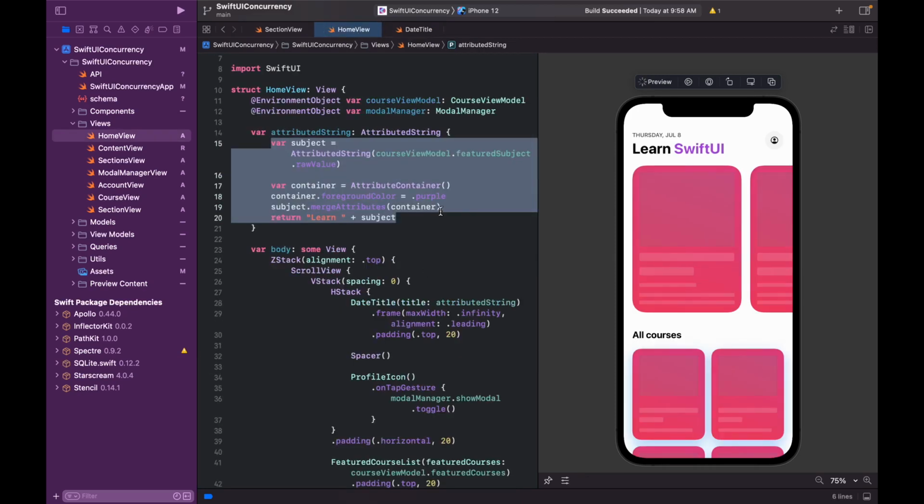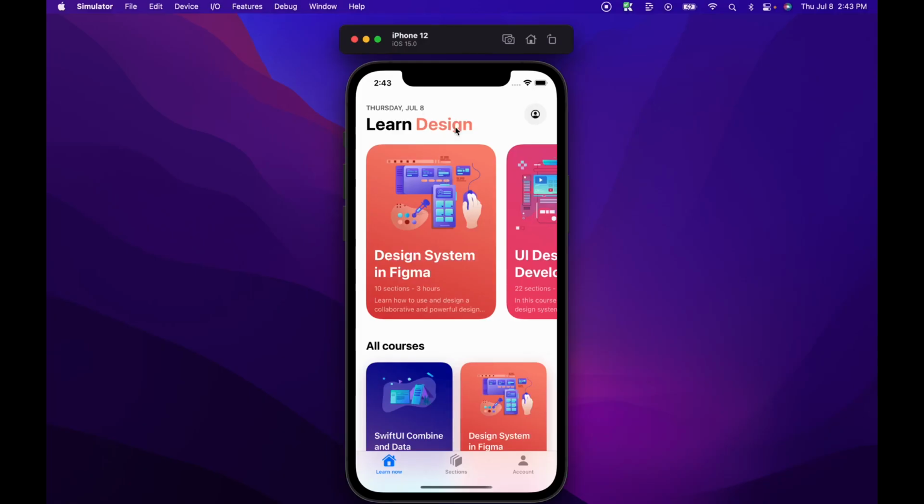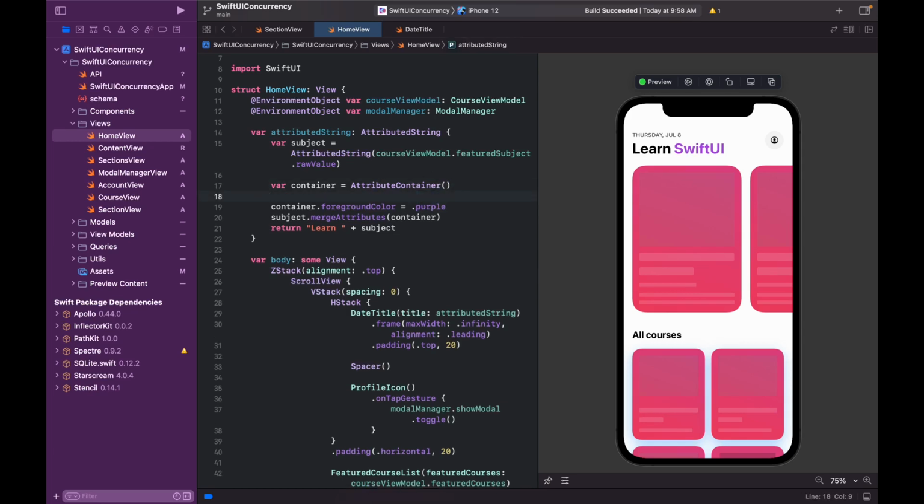Let's go back to home view, and instead of always displaying the subject in purple, we can add a custom color to our title. Let's say we want the foreground color of the subject to be the same as the background of the first featured course card. So in home view, right after our container, we will initialize a color using the hex extension that we created before. So we'll do let color equals